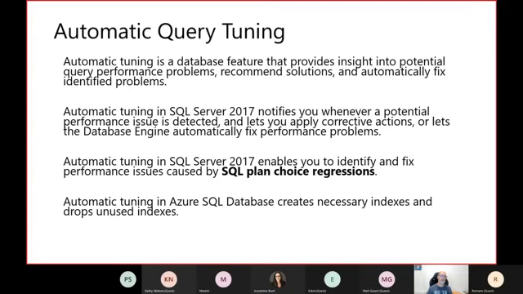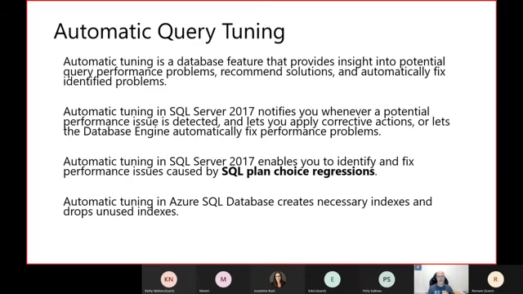Well, if you have your user database, you have Query Store enabled, and you also enable automatic query tuning, if the SQL Server engine detects that there is a regression in any of the queries running on your server, it will automatically, right, fix the problem by forcing the last known good plan, right?